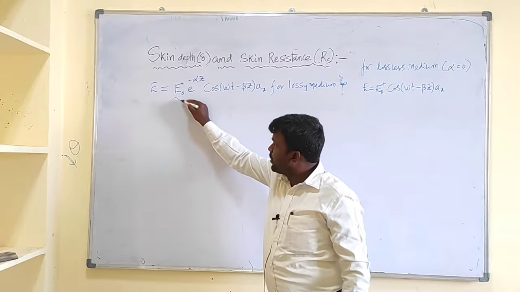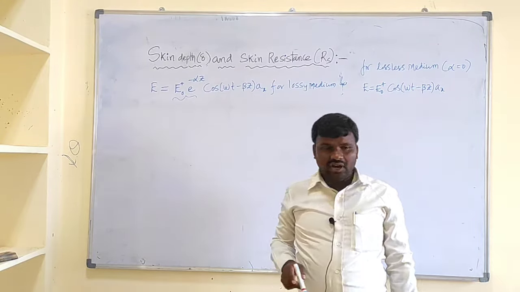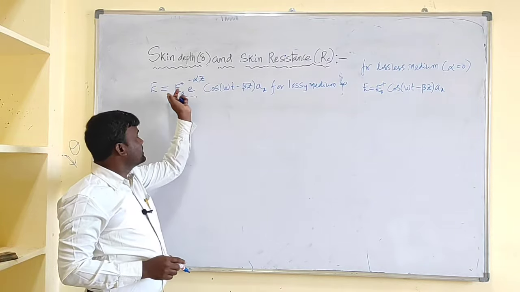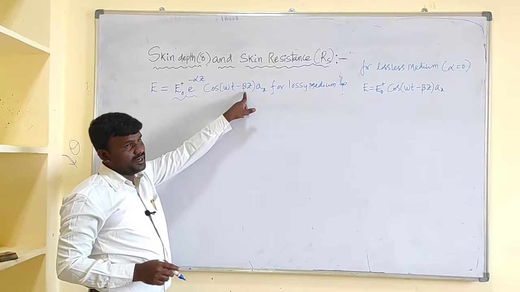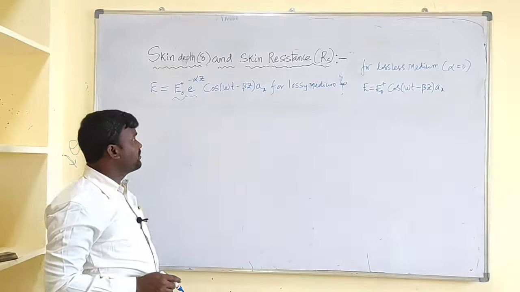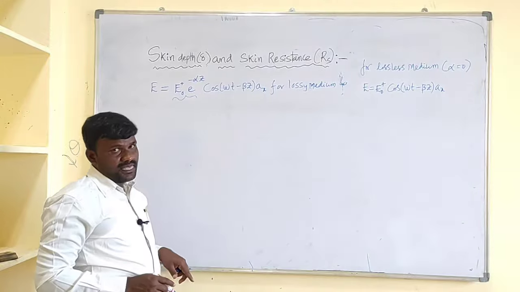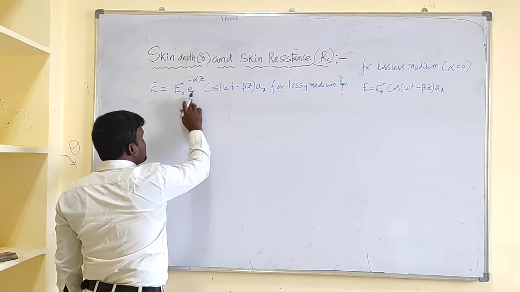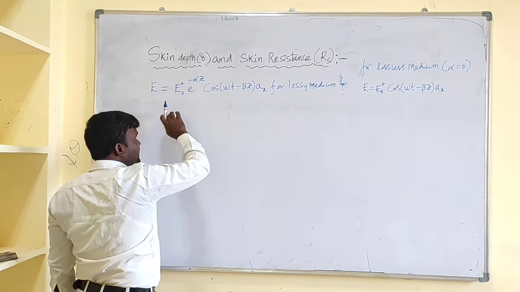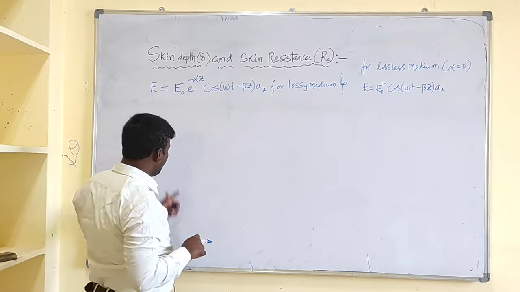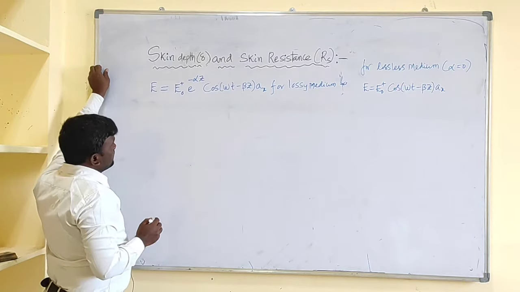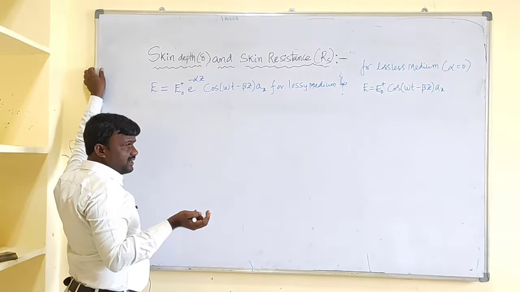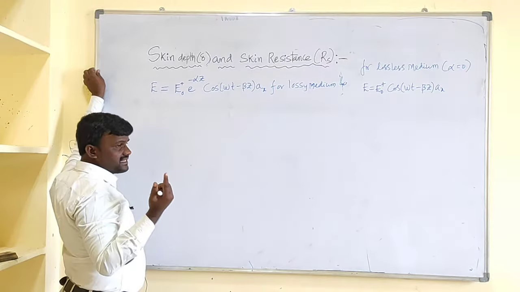What is the difference you observed? Here, this amplitude part is attenuated by this attenuation constant alpha, and this field goes by a phase shift of beta. Alpha is measured in Napier per meter, beta is measured in radians per meter. That means if distance increases, the amplitude is decreased by the attenuation factor alpha. At a particular distance, this amplitude becomes 1 by E of its value. That distance is called the skin depth.